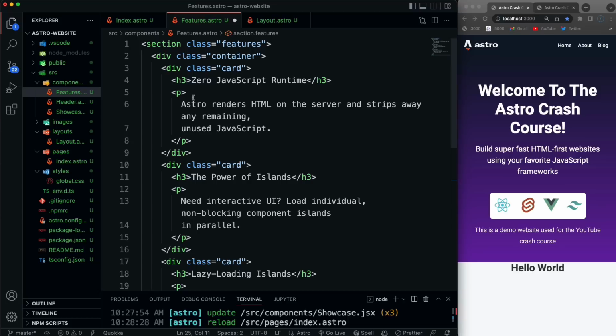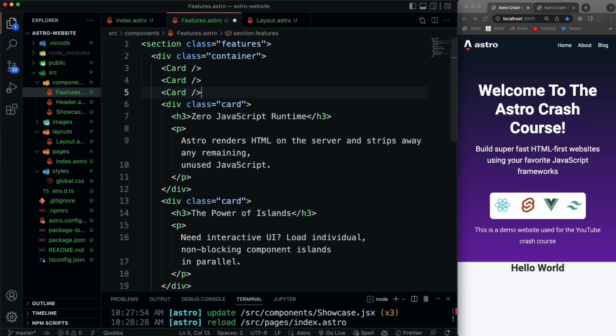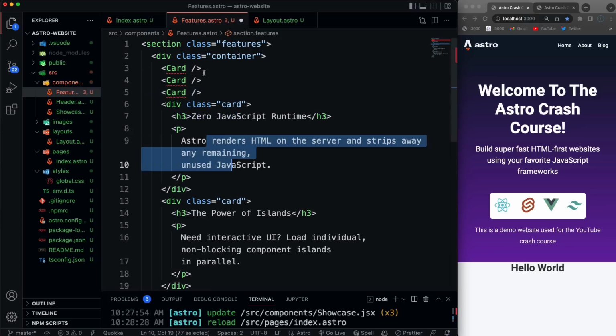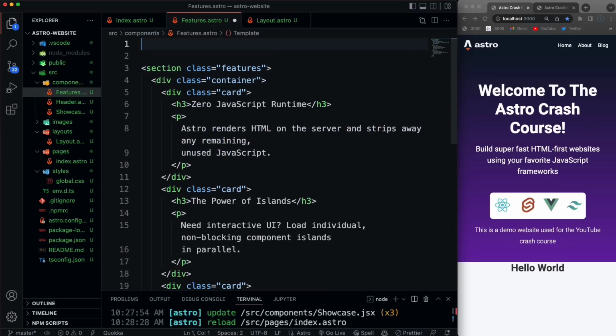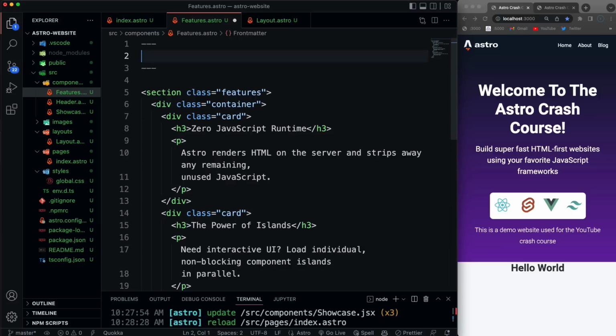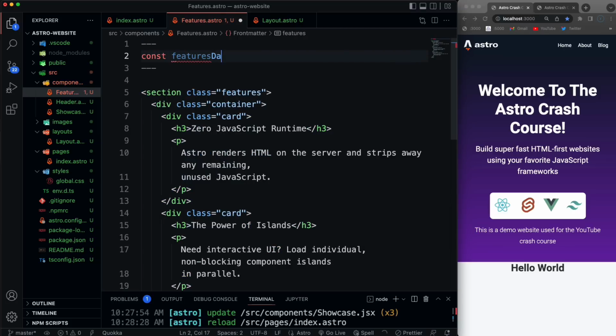And then, I mean, there's a few ways we could do this. We could just have like 3 separate components like this, and then pass in a title and a body to each one, you know, this content here. Or we can just create an array of objects with the title and body up at the top so that we can create a list and output a card for each one, which is what I would recommend doing. Because, I mean, you could get this data from anywhere. You could fetch it from some API or CMS or whatever. But let's go ahead and just add in our hyphens, and let's say const, and we'll just say features data,